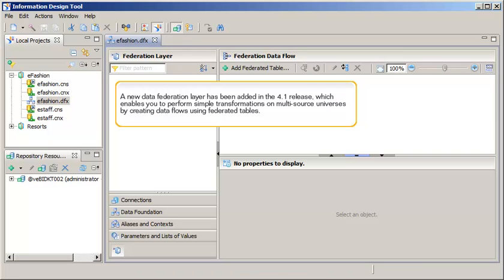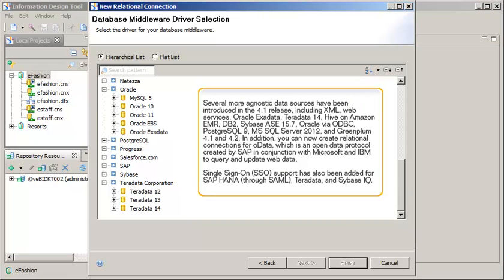A new data foundation layer has been added in the 4.1 release, which enables you to perform simple transformations on multi-source universes by creating data flows using federated tables. Several more agnostic data sources have been introduced in the 4.1 release, including XML, Web Services, Oracle Exadata, Teradata 14, Hive on Amazon EMR, DB2, Sybase ASE 15.7, Oracle via ODBC, PostgreSQL 9, Microsoft SQL Server 2012, and Greenplum 4.1